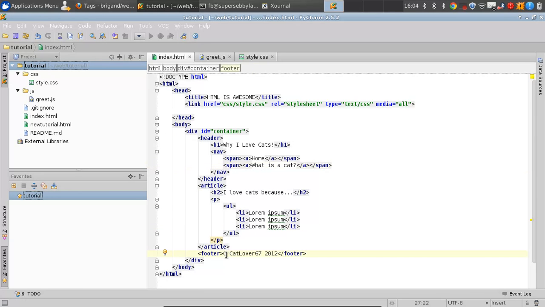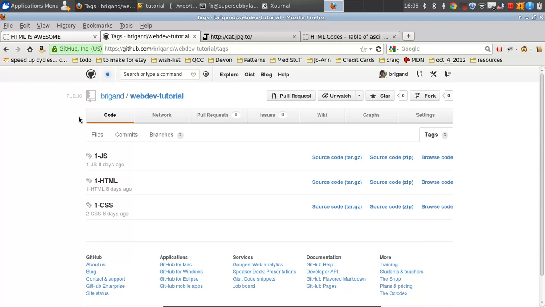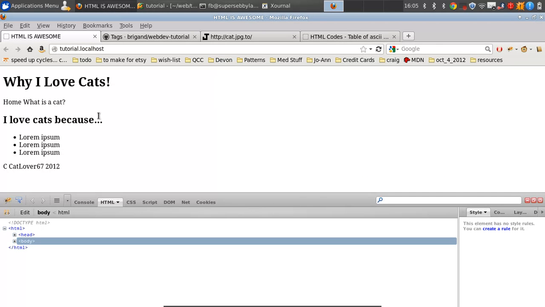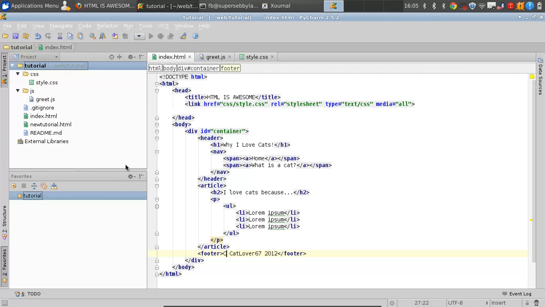For our copyright, which we're going to do now, if you just put a C there, we'll reload the page so you can see what it looks like so far. Quite a bit of a difference. We have our header, we have our nav bar, we haven't put any styles on anything, so it's going to stay looking pretty much like this, except it's going to get a blue text and underline when we actually link it to something. I love cats because we have a list of things, and we just have the C at the bottom, which could be taken as a copyright or could not, but we're going to make it look extra